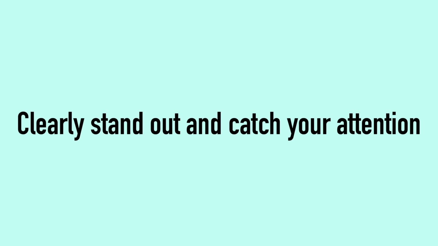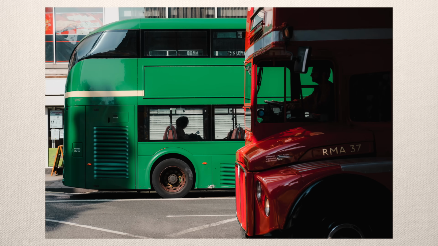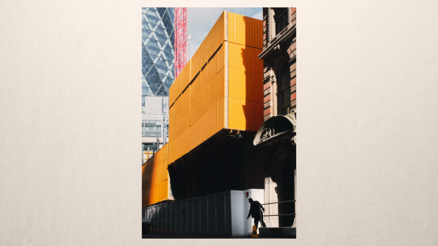Before getting into the details, let me quickly talk about the typical elements that we would find in a scene that we're about to photograph. First of all, we have color. By that I mean bright, vibrant colors which jump out of the scene and catch your attention right away. So we can have things like bright red doors, bright green buses, or even a yellow structure that is being